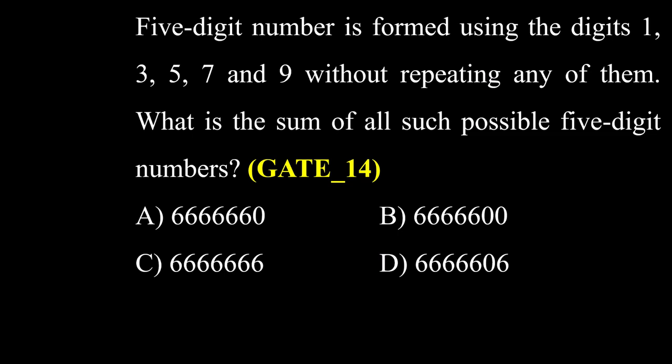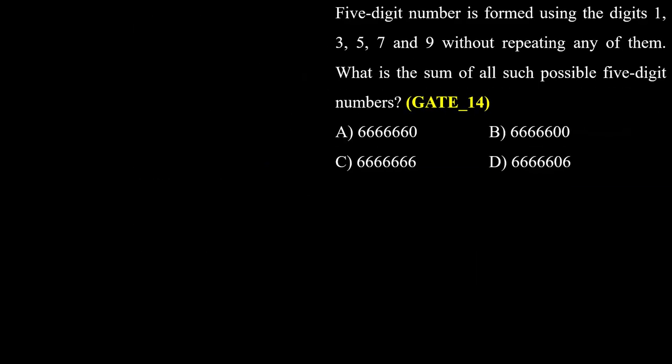Using the digits 1, 3, 5, 7, 9, form a 5-digit number without repeating any of them. What is the sum of all such possible 5-digit numbers? Now, what you should do first of all,